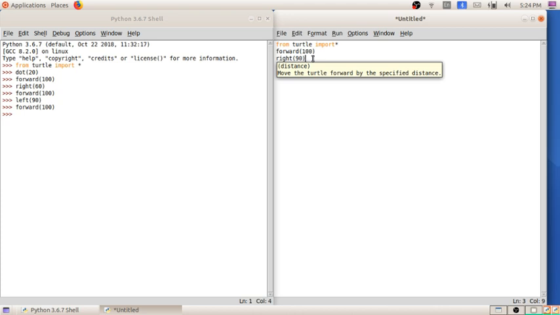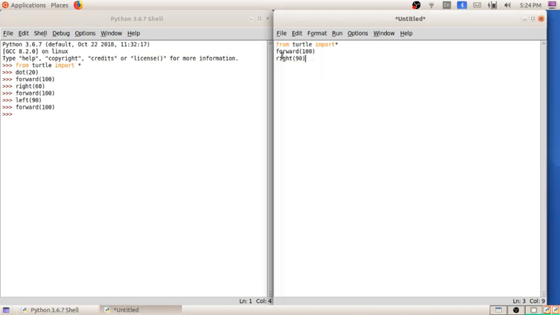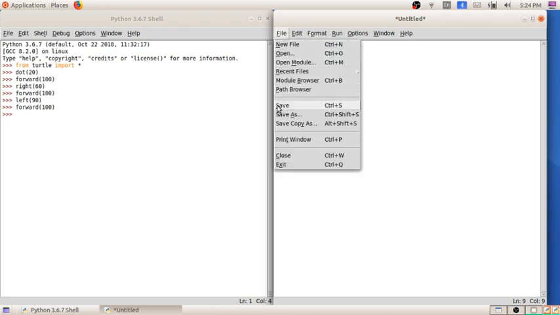When we run the program, we will be getting one side only. So for getting the 4 sides we have to write the code repeatedly. 4 times we have to write the code, right? Is it clear? So I will show you in this format. I am typing the code 4 times, and before running the program, we have to save.